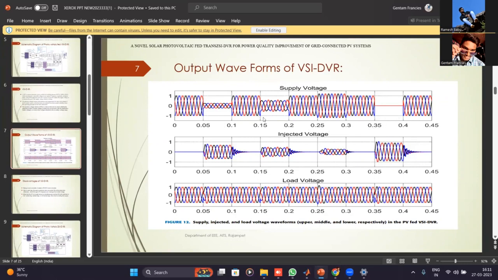These interruptions, sags and swells are eliminated by using DVR, which will inject the desired voltage at the point. These are the output voltages from the period 0.05 to 0.1, which is severe sag. During this period, the VSI DVR is injecting the voltage, but in a very lesser amount. Due to the disadvantages, these have harmonics included in that. That's why we have interruptions, as we can see here. These interruptions are unwanted. That's why we are using ZSI in place of VSI.